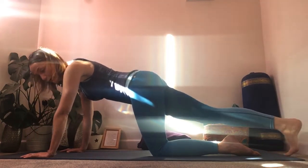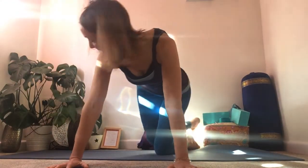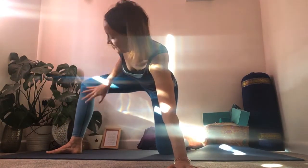Okay, and then we're going to sweep it back behind you. Let me turn around. And if you have space, you're going to take your foot out to the right. So we're going to straighten the leg, unless that feels awful, then bend your knee, okay? So you can have the knee above the ankle. But if it feels all right to straighten it, just straighten it, and you can start to send your